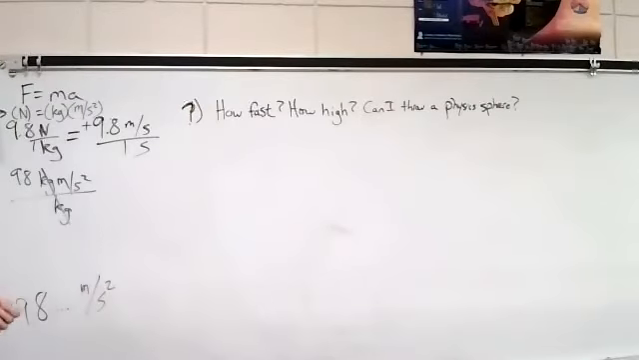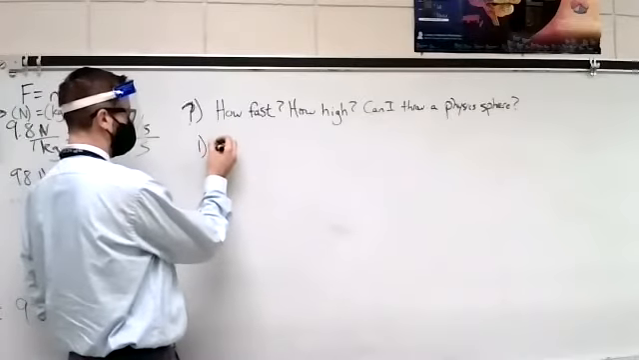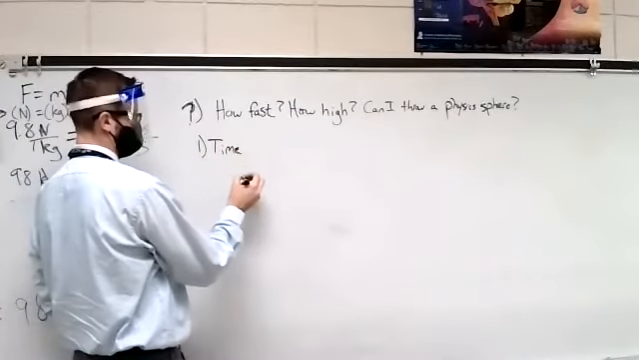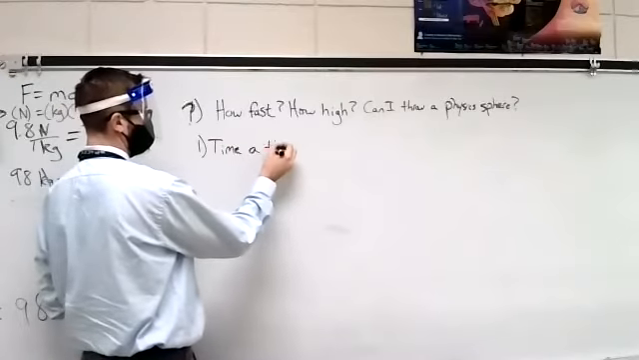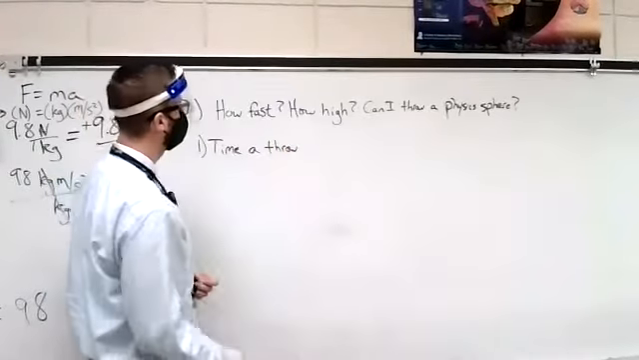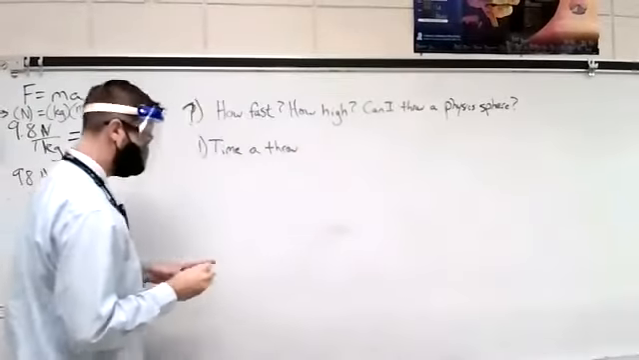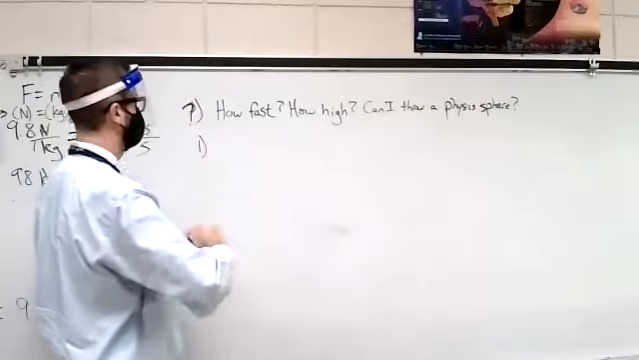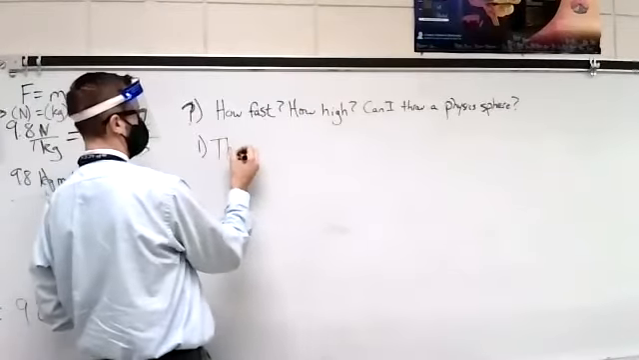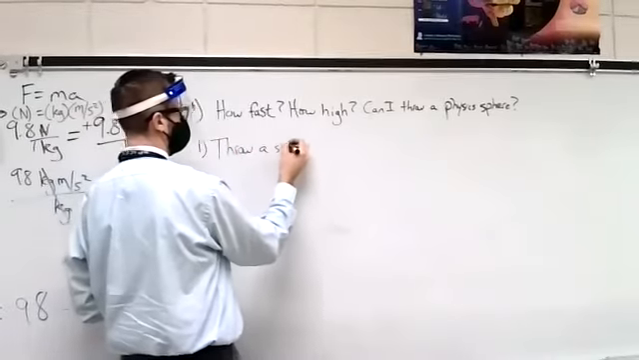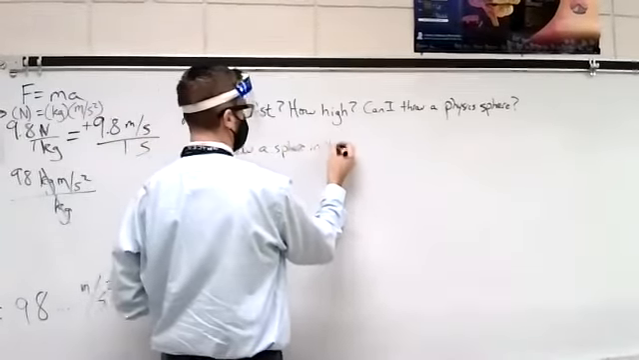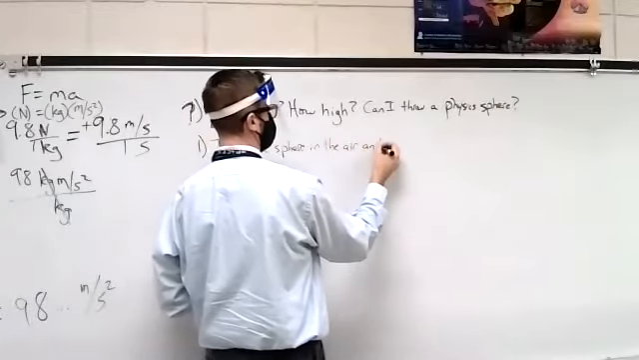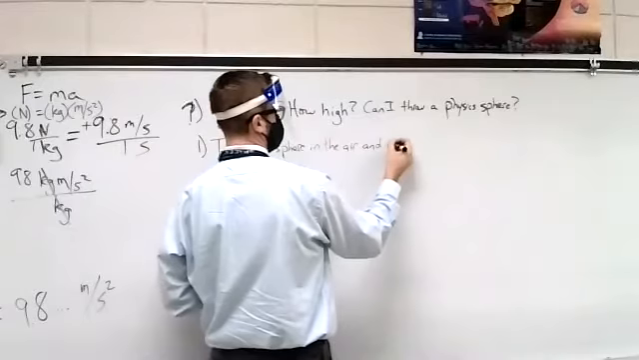And the only data that we're going to collect, now that we've established that Earth has an acceleration vector of 9.8 meters per second squared, the procedure is going to be to time a throw. Let's make that a little bit more clear. Let's say throw a sphere in the air and measure